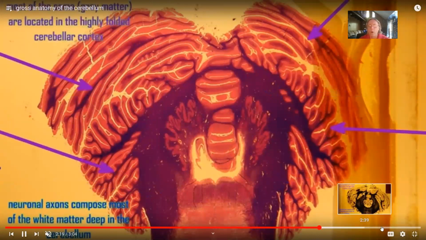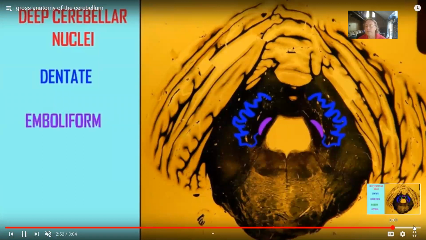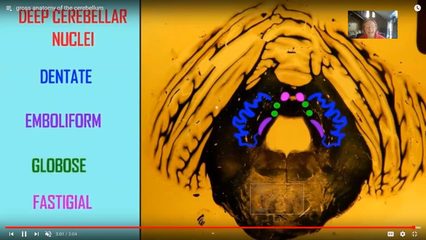But note that there are then also others as well. So there is an emboliform, a globose, and a fastigial nucleus of the cerebellum. So once again, most of the gray matter is outside in these folds, but some of it is deep as